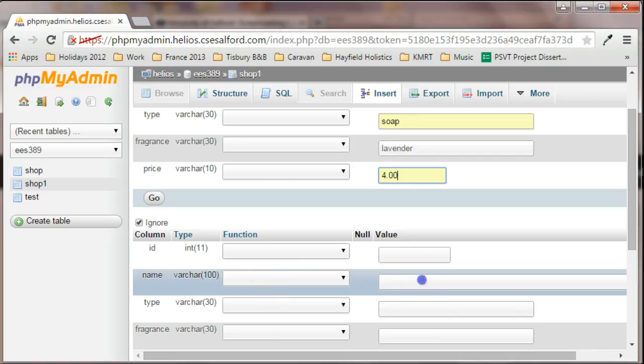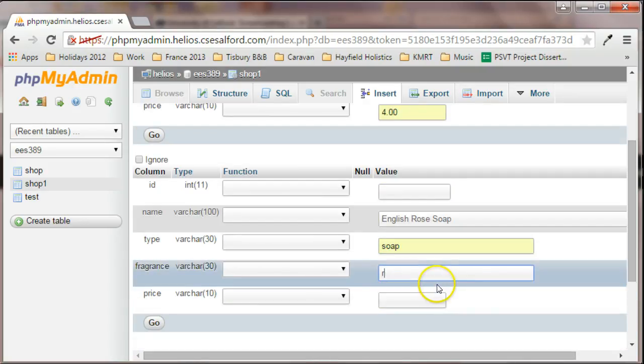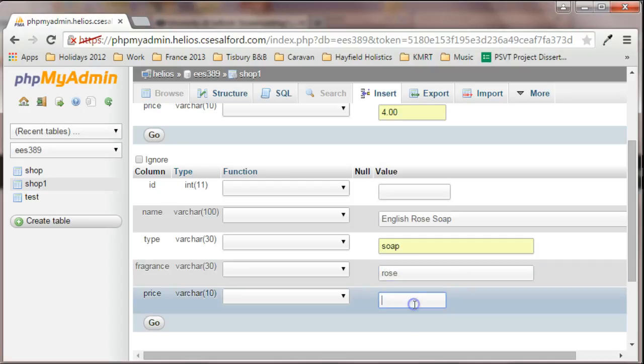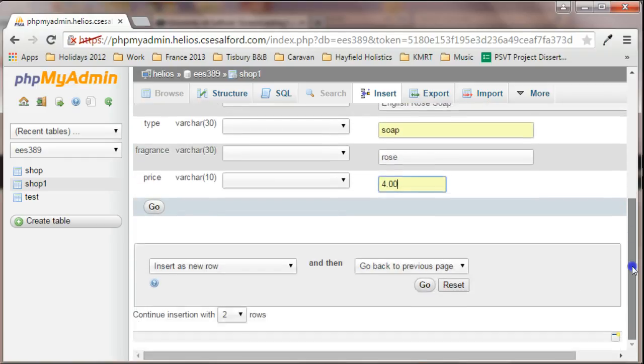And then the next thing I'm going to put in is, let me call this English rose soap. And again, this is of type soap. The fragrance obviously is rose, and the price is £4. Okay, and then what we can do is once we've done that, we can press go,